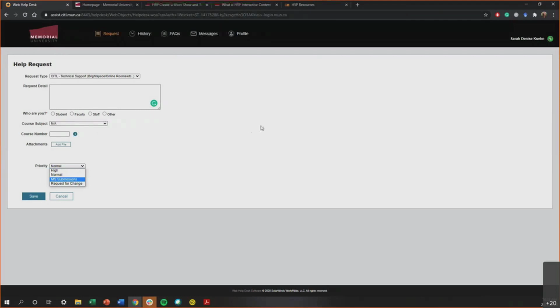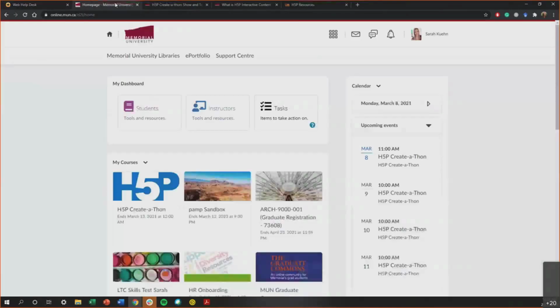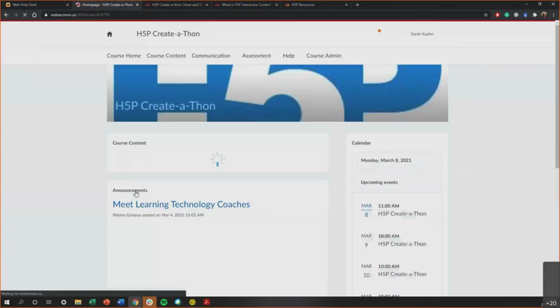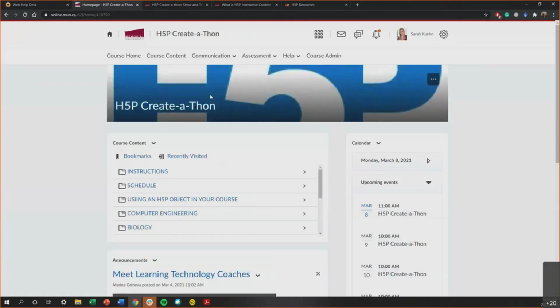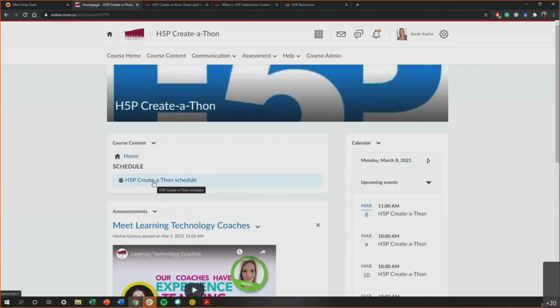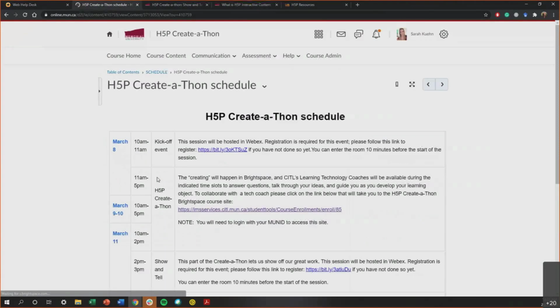Secondly, CITL's learning technology coaches will be available throughout the week during indicated time slots to answer your questions. And so that schedule is posted within the H5P Create-a-thon course shell. And it says here the schedule so that you can click on that and into the HTML file. And you're able to access anybody who is a learning technology coach from 10 a.m. to 5 p.m. every day, except for Thursday from 2 until 3 when we will be having our show and